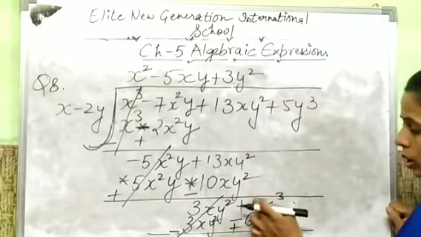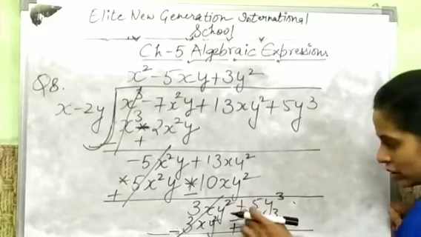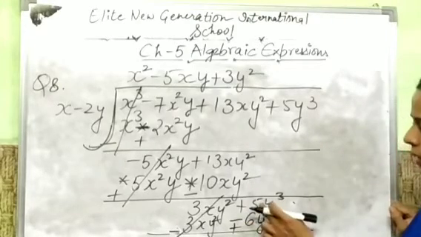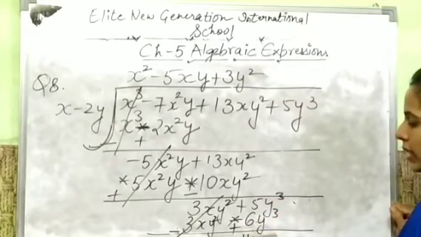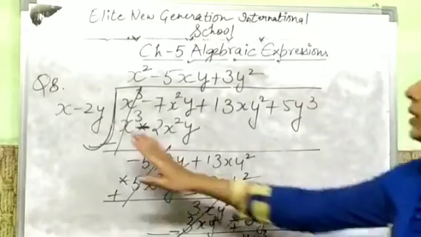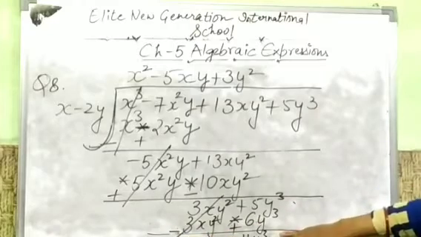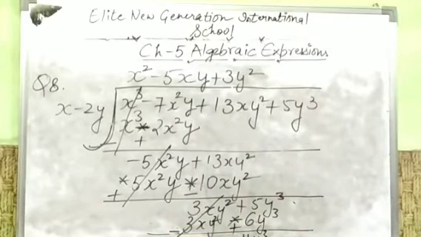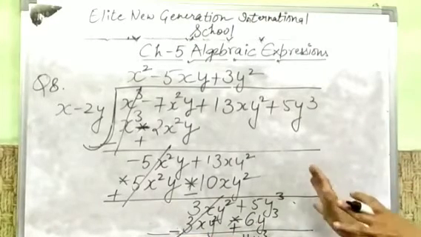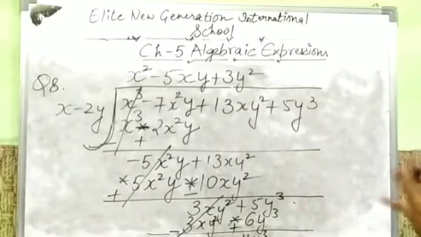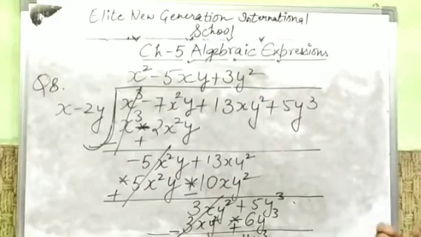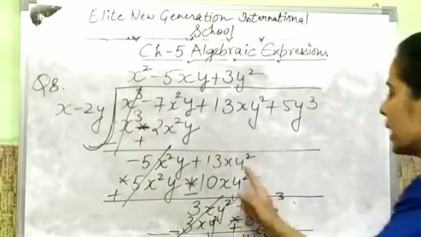You can see here both the terms now. Actually, this term now becomes positive. So plus 5 plus 6, it means 11y cube. Now you can see, the divisor is now greater than this remainder term. So now we have to end this division, and by doing the division, now we have this as the quotient and this as the remainder.